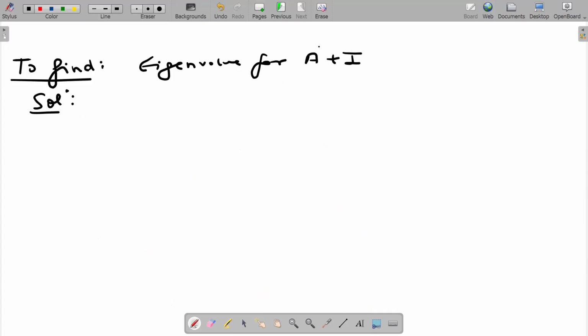To find the eigenvalue for A square plus I. We have already found the eigenvalue for A plus I. Let's work out the eigenvalue for A square plus I. Now, since lambda is an eigenvalue,